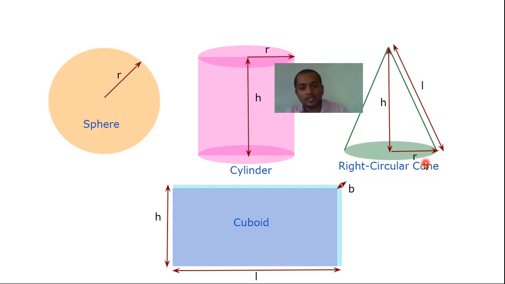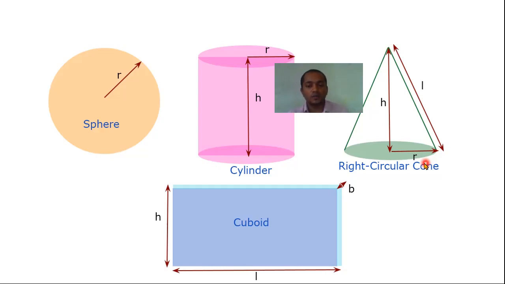So if we add all these areas, we have 2 length into breadth, 2 breadth into height, and 2 length into height. Please keep on writing all these formulas in your notebooks. The total area will be, taking 2 as common, 2 in bracket length into breadth plus breadth into height plus length into height. That will give us the area of the entire room, which is cuboidal in shape. And in case of volume, it's very simple. You have to just multiply length, breadth and height. Multiply all the three dimensions.